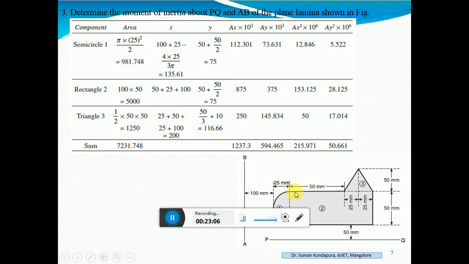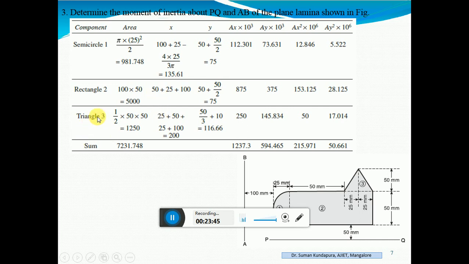Next, coming to this rectangle, this whole rectangle I have taken, right? That is 100 into 50. For the rectangle, the CG will lie at the middle. So it is 100 divided by 2, which is 50. So from here, it is 100 plus 25 plus 50. Somewhere here is the CG. So write down that 100 plus 25 plus 50. Because this whole rectangle is 100 in this side breadth, 100 divided by 2 is 50. So here it is 50.